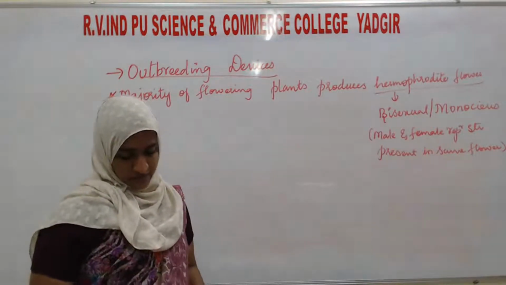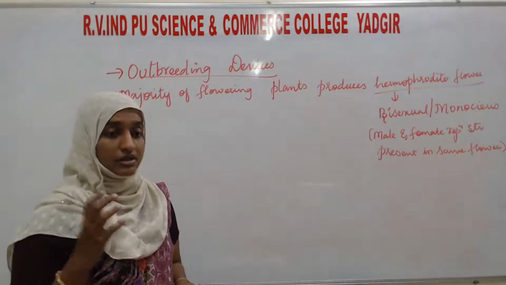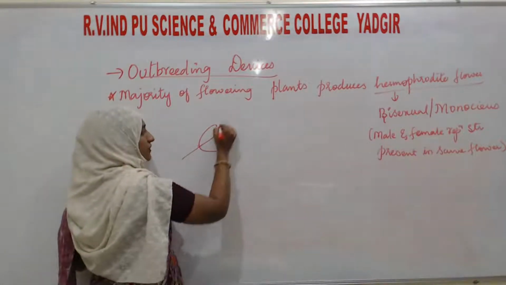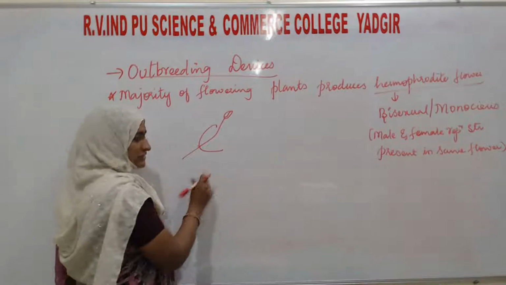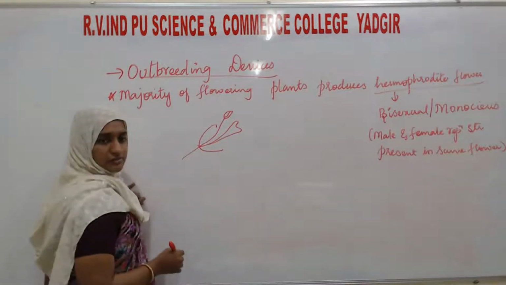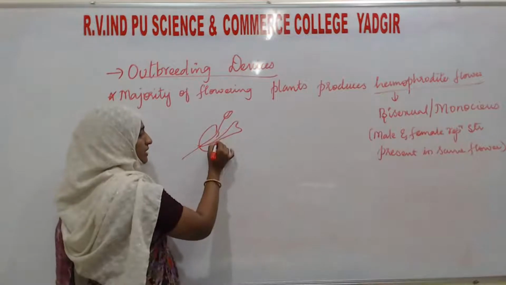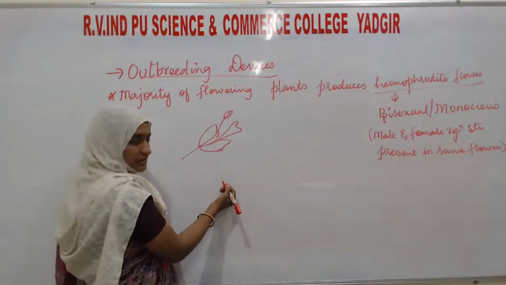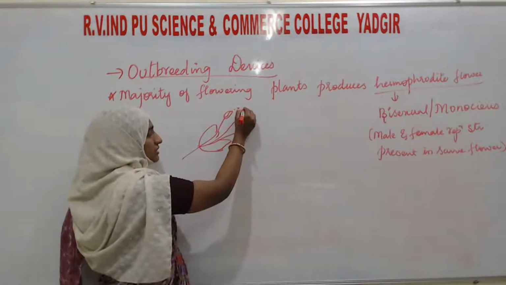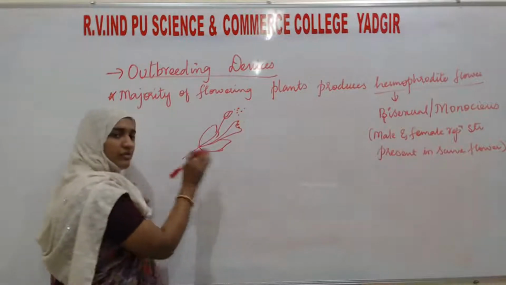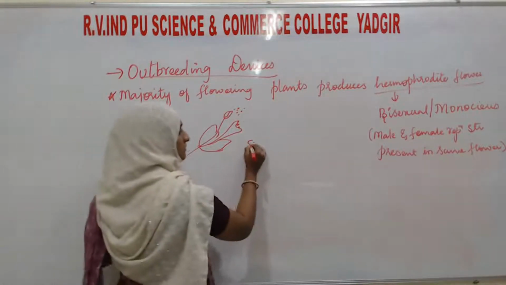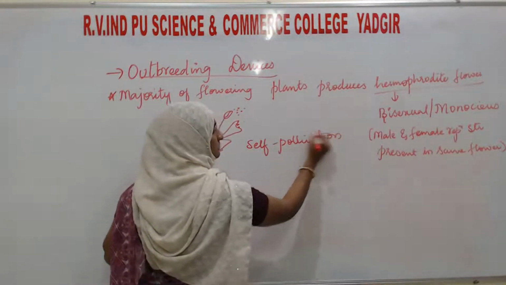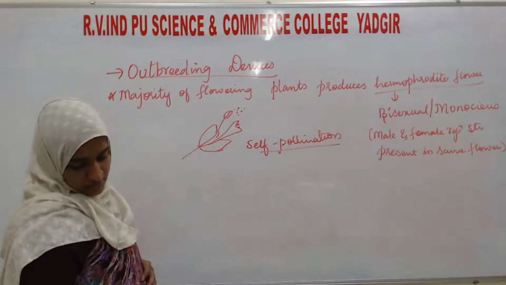So what happens means, the pollen grains are likely to come on the stigma of the same flower, because in the hermaphrodite flower there is the male reproductive structure as well as the female reproductive structure. Majority of the flowering plants are like this only. So they lie close to each other, release the pollen grain, and the pollen grains sit on the stigma of the same flower. So always self-pollination is going to take place.